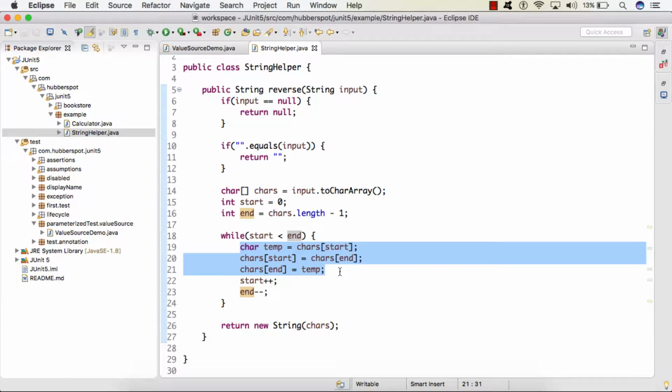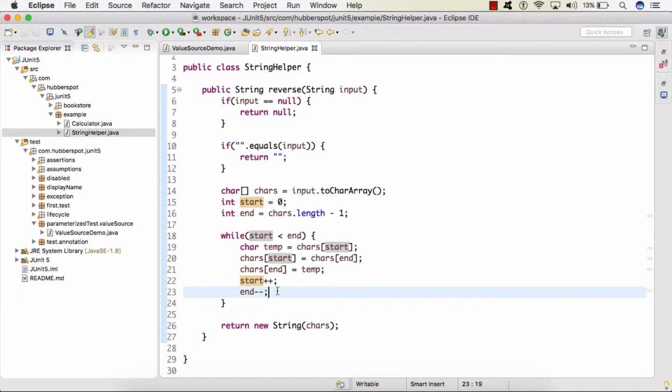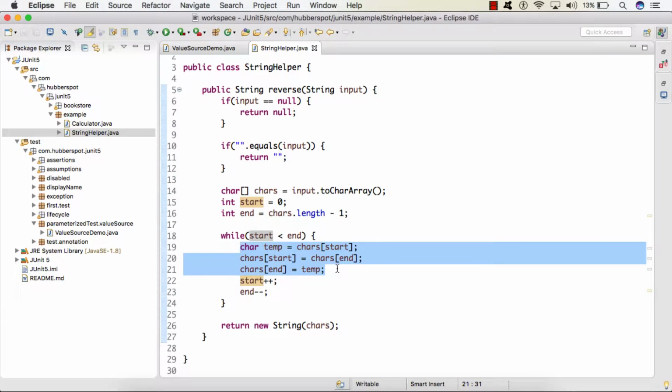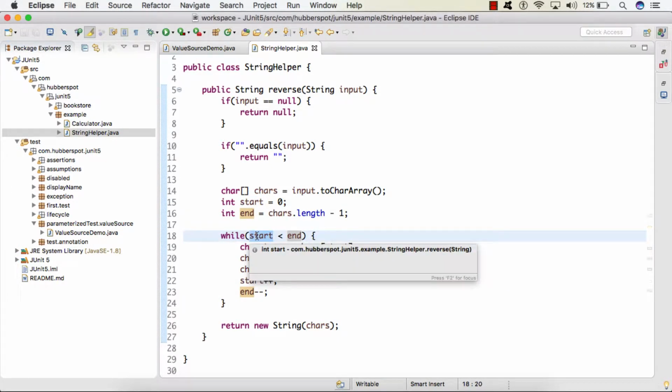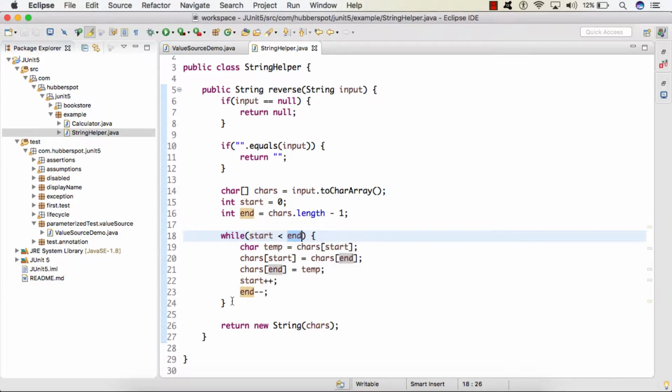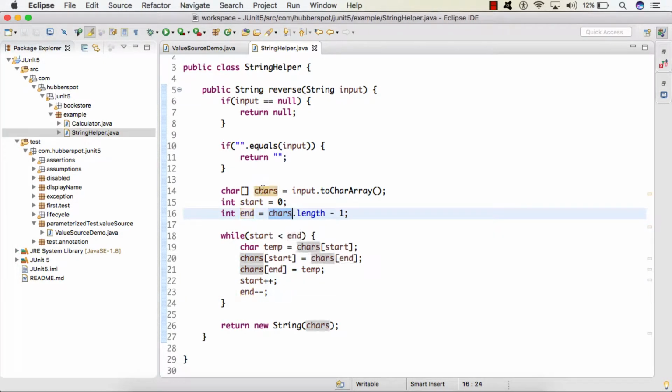We swap them, move start by 1 and decrement end by 1, and then swap again. This continues till start is less than end, and when start becomes equal to or greater than end, we break the while loop, and whatever is stored in this character array will be the reverse of this input string. So we are returning this character array by converting it back to a string.